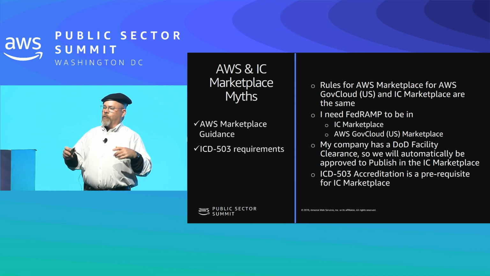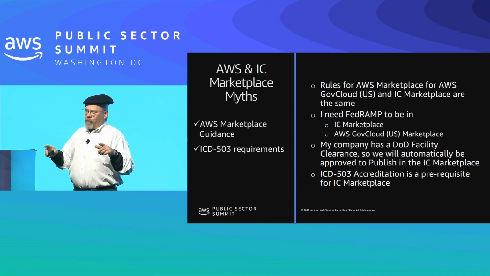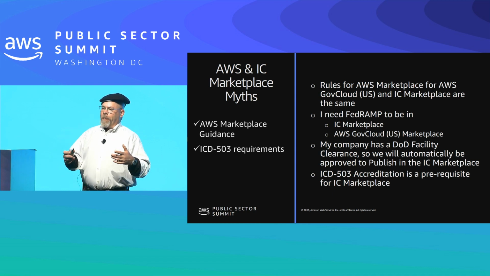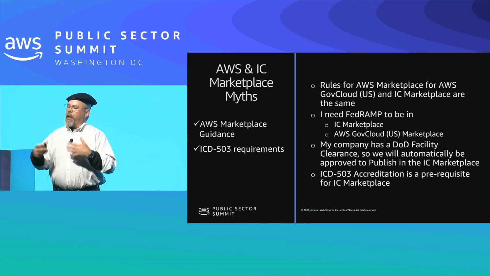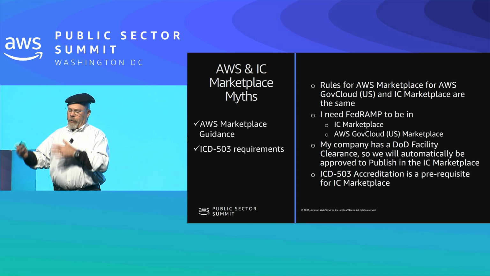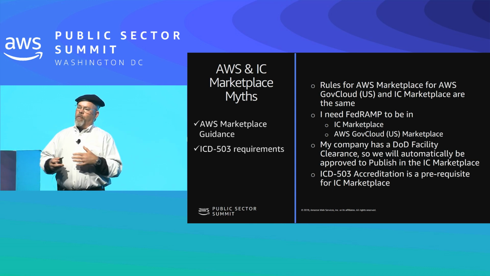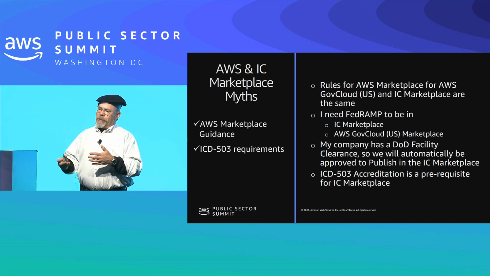And our contract was originally awarded by a non-DoD intelligence agency, and therefore the vetting for the marketplace is not based on a DoD facility clearance, but on their own vetting of the Foreign Ownership, Control, and Influence foundations from the NIST. So you have to be approved by that agency to be in the IC Marketplace, and